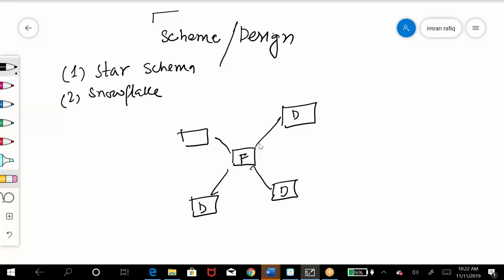What does that mean? The fact table is going to capture your numeric information, numeric records within your database. If your database is designed,